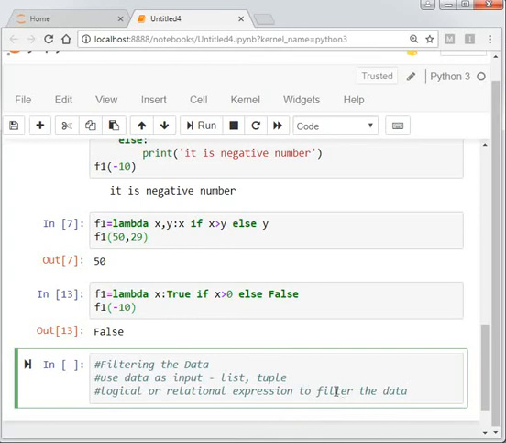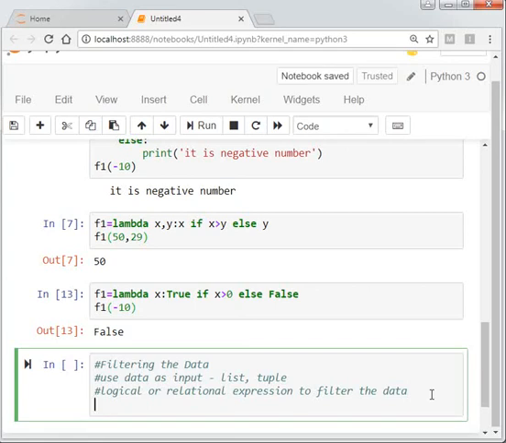So for filtering we use a logical expression or relational expression. But you have to remember one thing: after filtering the data, convert its type, either to list or tuple.